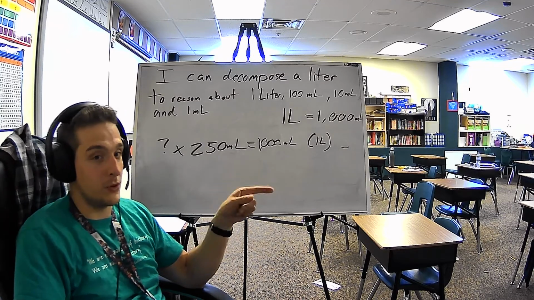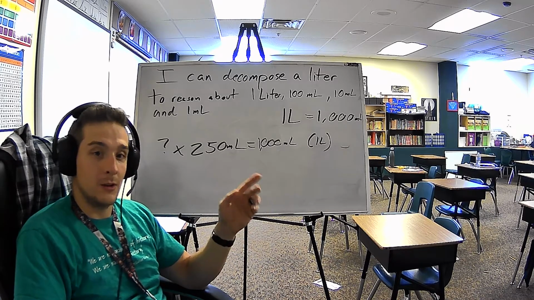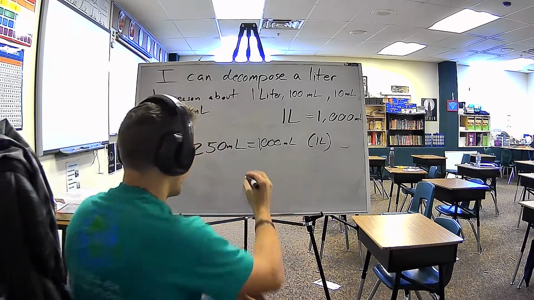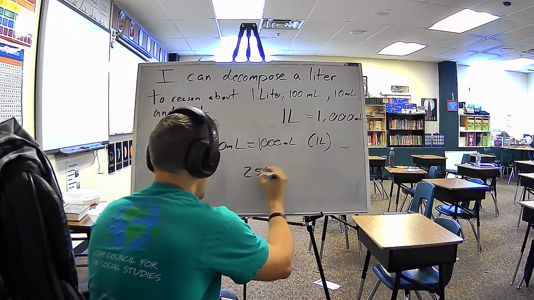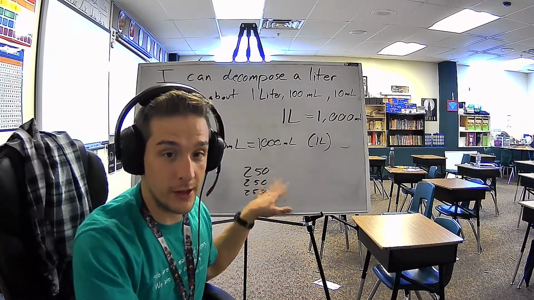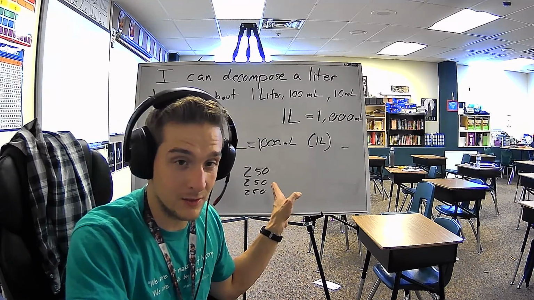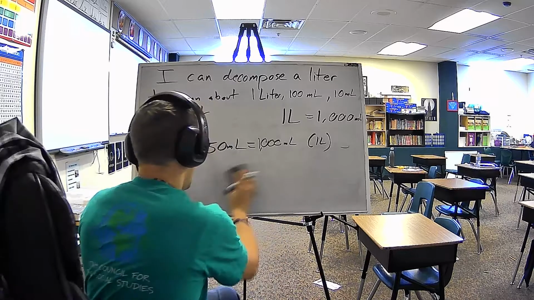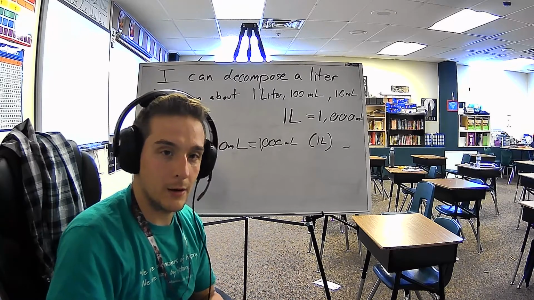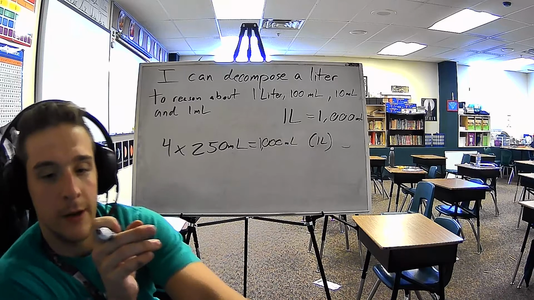250 plus 250 plus 250, so 250 times 3 would be 750, because 25 times 3 is 75. And if this doesn't make sense to you, you can just straight up go 250 plus 250 plus 250 until you find the correct answer. If you need to do that, that's fine. Try to do the multiplication way, but if this is the method that works for you right now, just do this right now. And you could find out that it would take 4 bottles of 250 milliliters to fill up